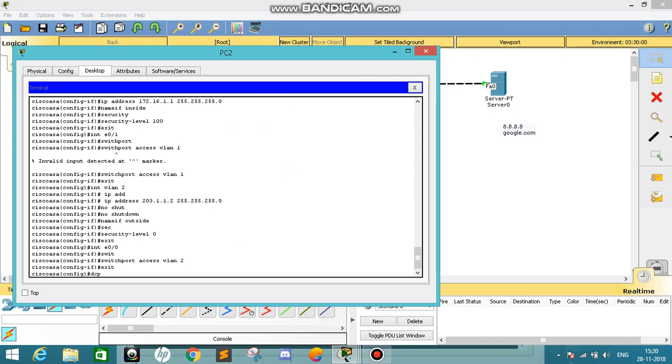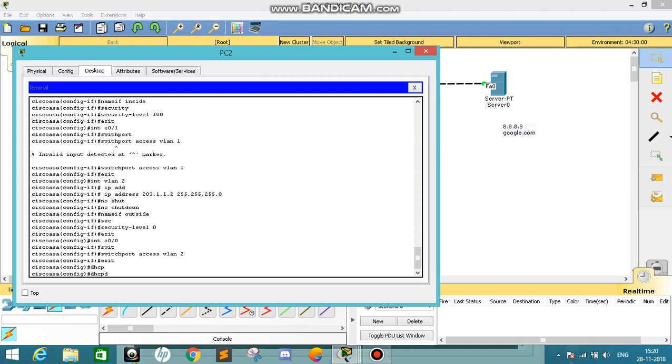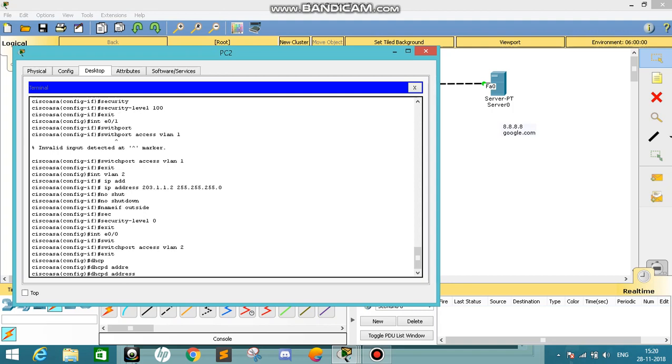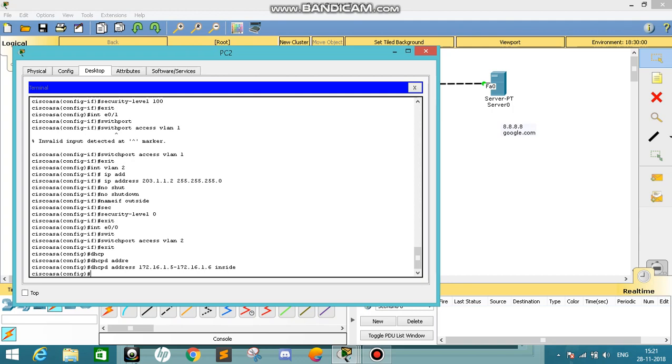DHCPD address, what should be the range? This is it. And this is the inside part. So what we have done is we have given a range of 5 to 6 to this. Now for the DNS,